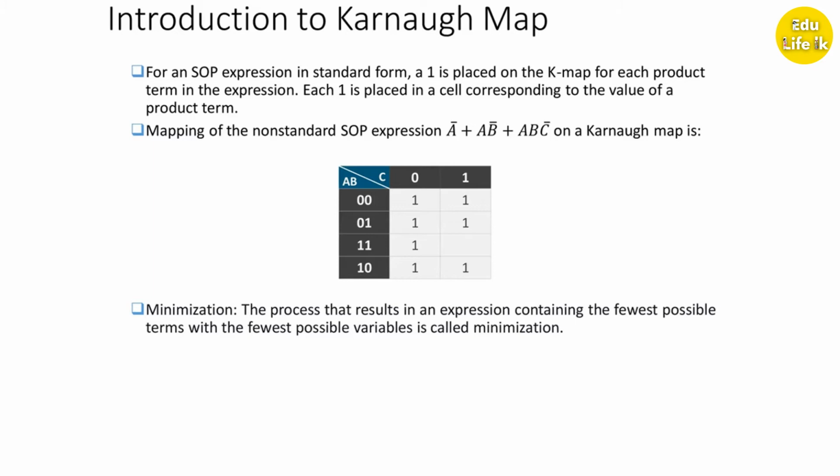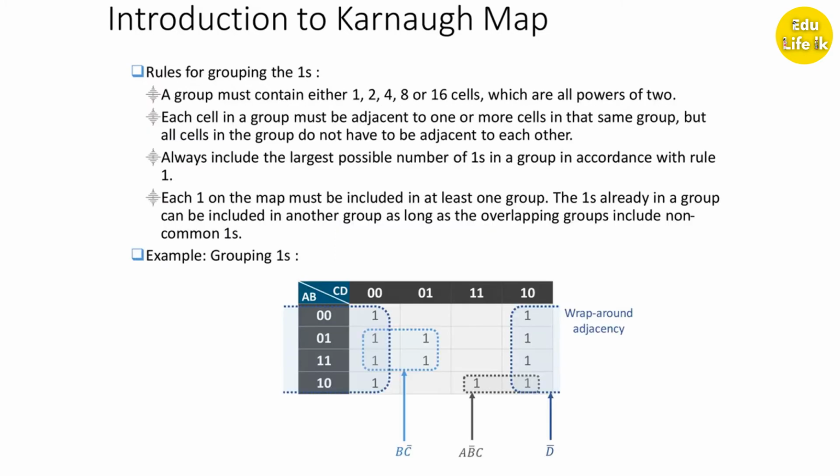Minimization. The process that results in an expression containing the fewest possible terms with the fewest possible variables is called minimization. Rules for grouping the 1s. A group must contain either 1, 2, 4, 8 or 16 cells, which are all powers of 2. Each cell in a group must be adjacent to one or more cells in the same group,